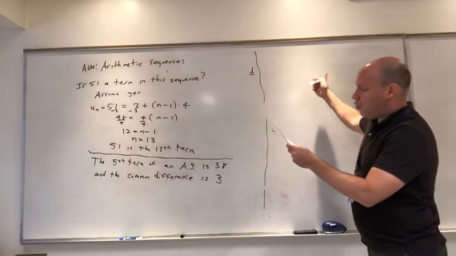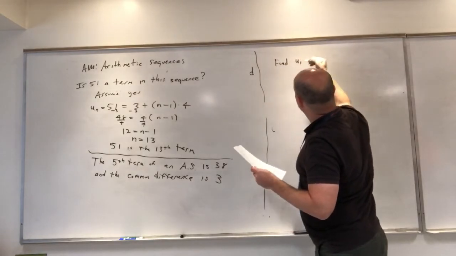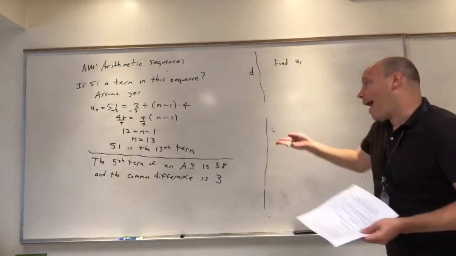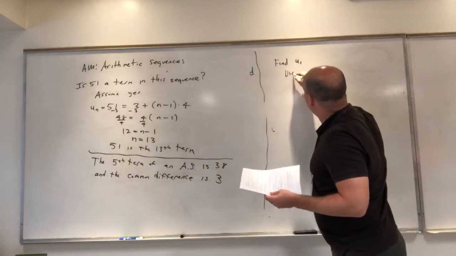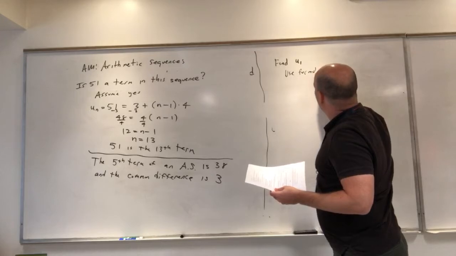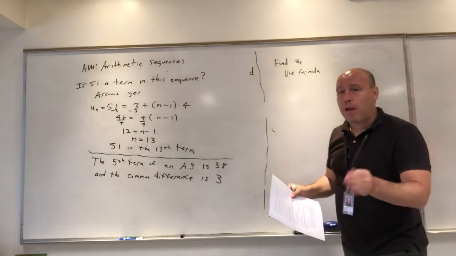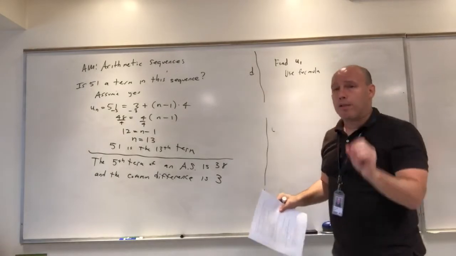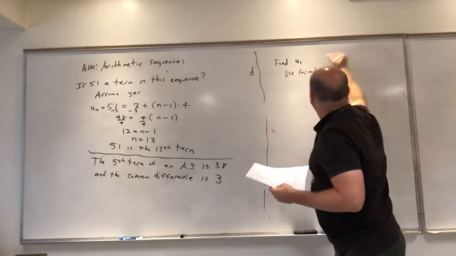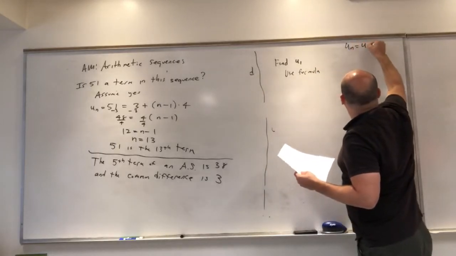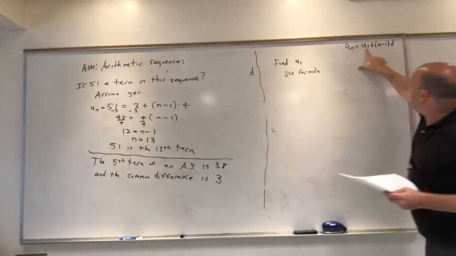Okay, so find u of 1. How are you going to find the first term? Well, I have my formula. Use the formula. So once again, you have the formula. Always go back to the formula. Write this formula at the top of your sheet. Once again, and also, you're getting the formula booklet. So I know it's u of n equals u of 1 plus n minus 1 times d. The unknown is the u of 1,